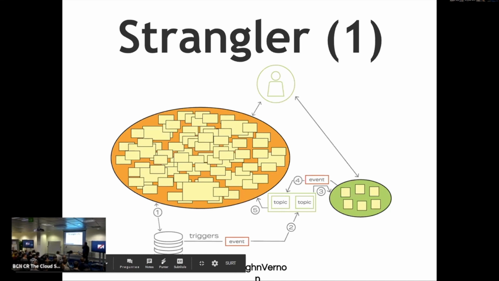So one approach is we set triggers in the database. We create triggers in the database so that when tables have inserts or updates, we can create events that are put onto a topic, and when the event is seen by this microservice, this bounded context, some operation is performed here that compensates with the big ball of mud, and then it's also going to emit a domain event that will be put onto a topic that will be read and consumed by the big ball of mud.